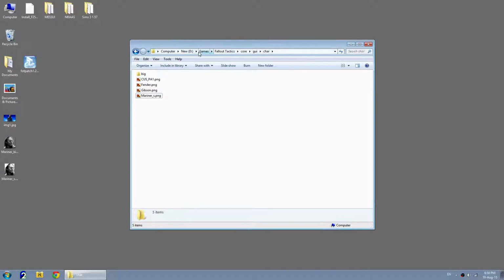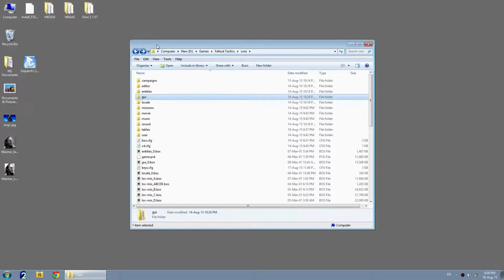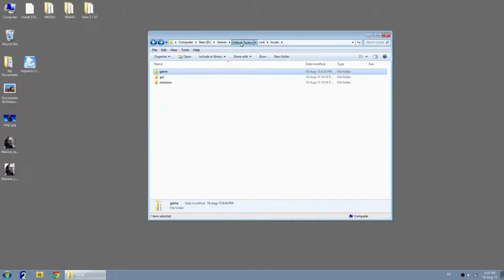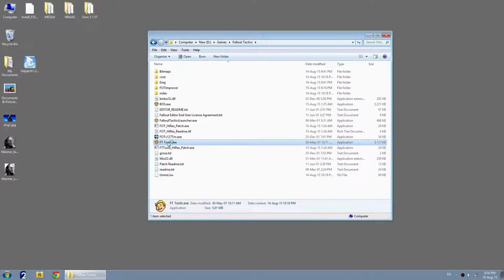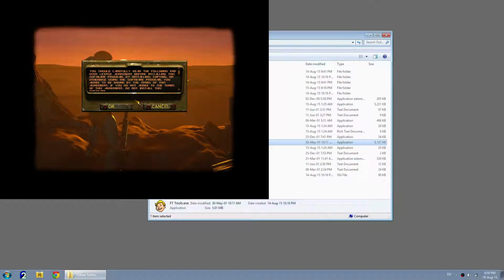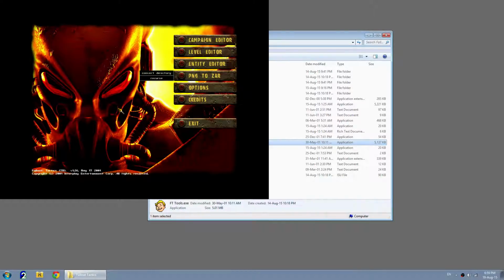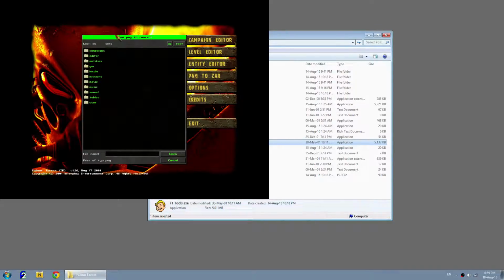For some strange reason, my game recognizes the PNG format, but if your game didn't recognize PNG files, you will go to this Fallout Tactics tools. Click OK, and go to the PNG to ZAR converter. This will convert every PNG file to ZAR files. ZAR files are the files that the game will use to show your pictures. For some reason, my game, like I explained, displays my PNG files. I don't know why, but just in case,